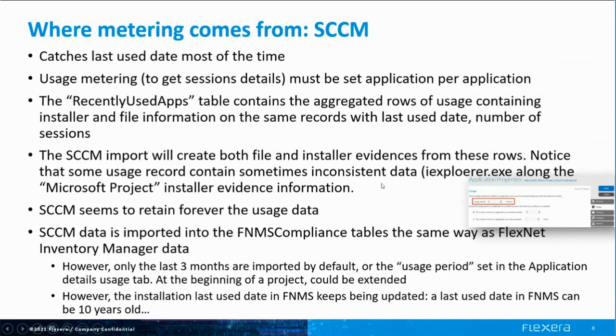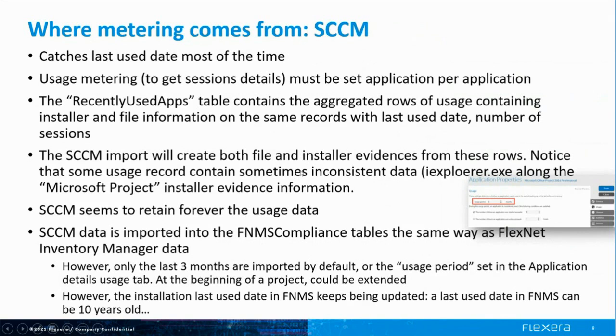So there is a row in the recently used apps that will say WinPro.exe, which is related to Office Project 2016 Professional, got a last use date of this date, and the data, while being imported into FNMS, will actually be split between the file and installer usage. And you will see